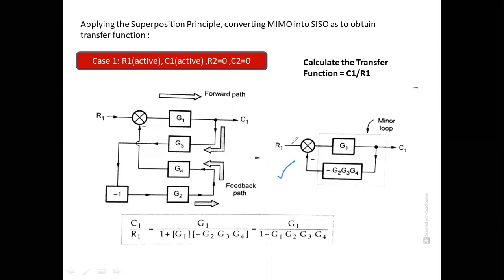Now see, over here R1 is there, over here R1 is there, and in the parent diagram R1 is there. Fine. After this summing block, what actually is the block that comes? G1. So we have written G1, and after that G1 there comes C1. We have written C1, that is fine. And after that C1 we have to take care of this takeoff point. Now from this takeoff point over here, again we have drawn a takeoff point.